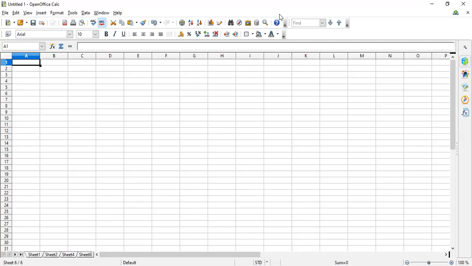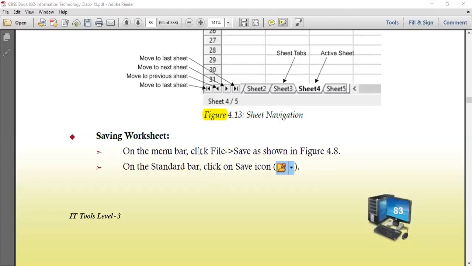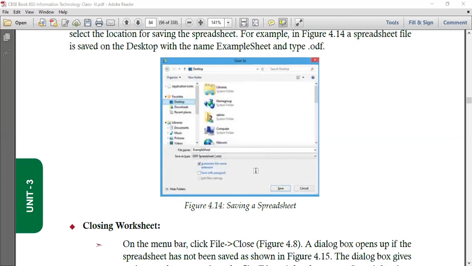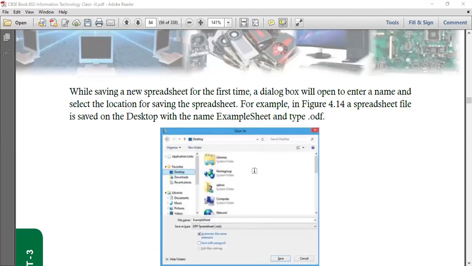So this is it. Now the next thing is how do we save a file? Click on the file button, go to the save as option, and the save as dialog box will open up. There you have to type the name of the file that you want to save. Browse for the location where you want to save. जैसे डेस्कटॉप है, डॉक्यूमेंट्स है, और इसमें ड्राइव्स के ऑप्शन भी होंगे. तो choose the place where you want to save and then click on the save button, right? Or the other way is press Ctrl S from the keyboard. That's the keyboard shortcut to save a file.